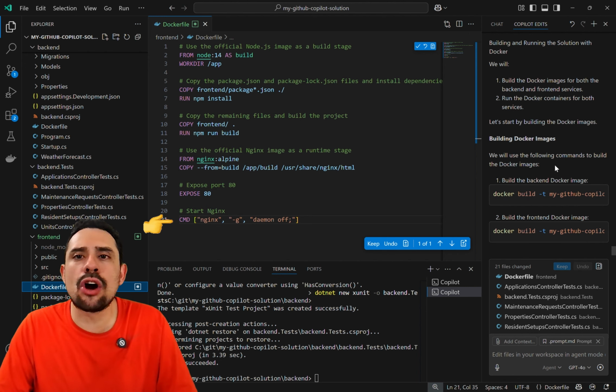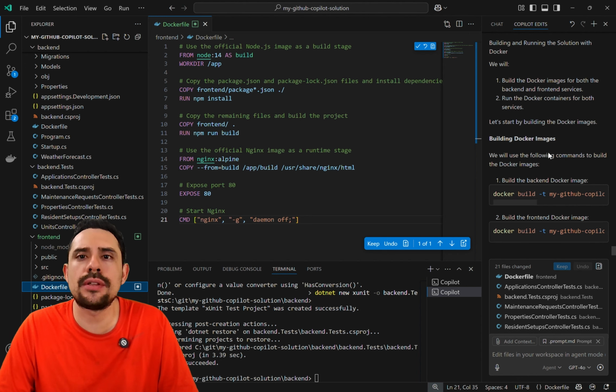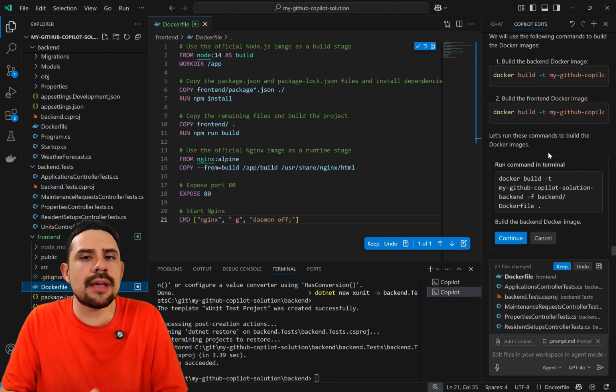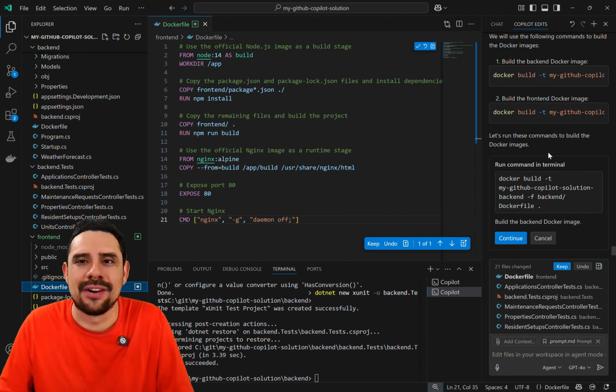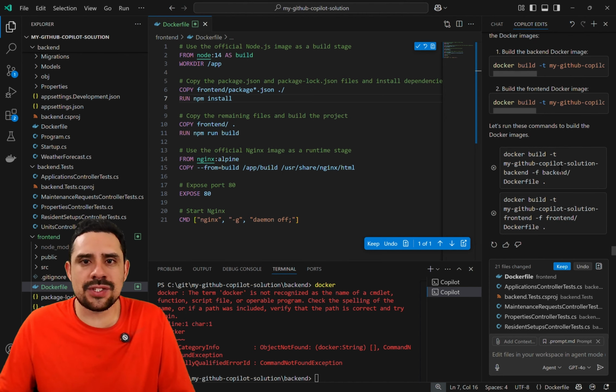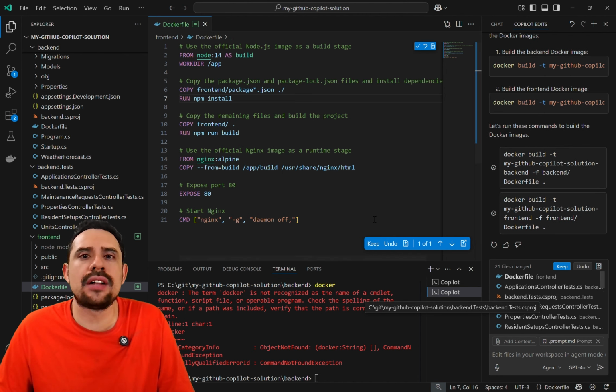Copilot then logically articulates that it wants to build both Docker images and run them as containers to make sure that things are working. Copilot provides the command it wants to run and asks me to run them. But here's the thing. I'm using a pretty old laptop here, which doesn't have Docker installed, hence why we see the error here. So I'm going to press cancel and save all the files and tell Copilot that I'm done